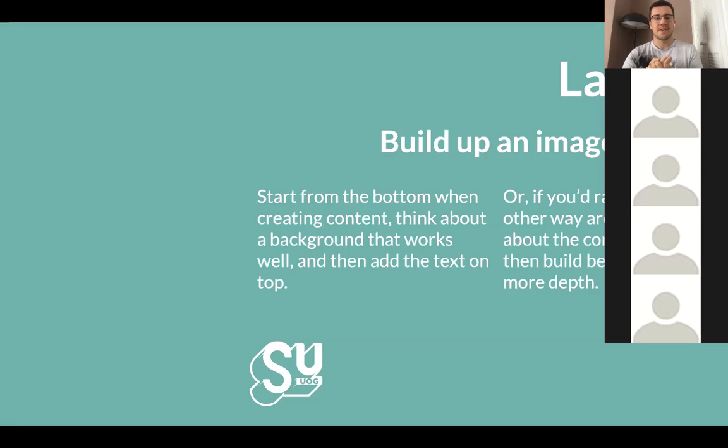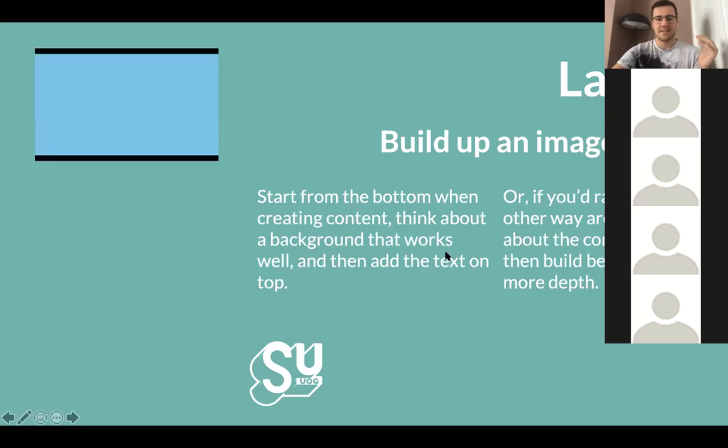Sometimes you can work at it from two ways. I usually start at the bottom and work my way up, but you can also start at the top and work your way down. I'll put together a block color at the background, and then I'll add layers. I think I've done an example here of how I built it together, so I'll show that example.